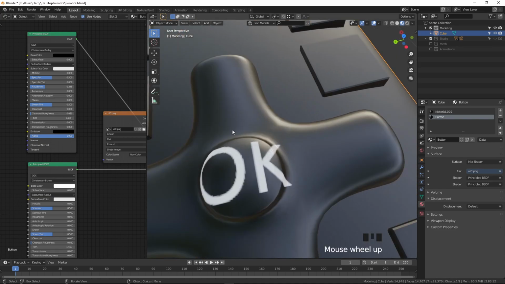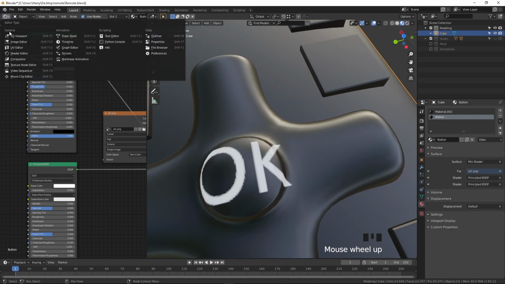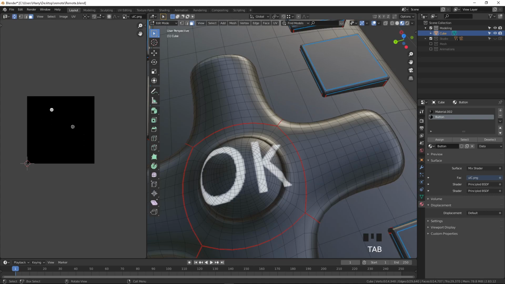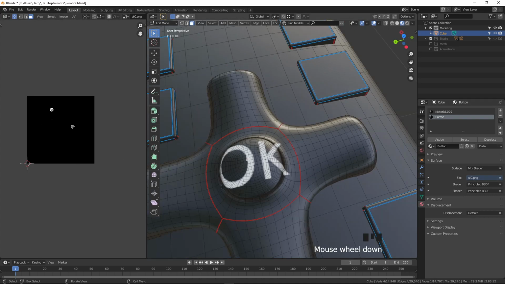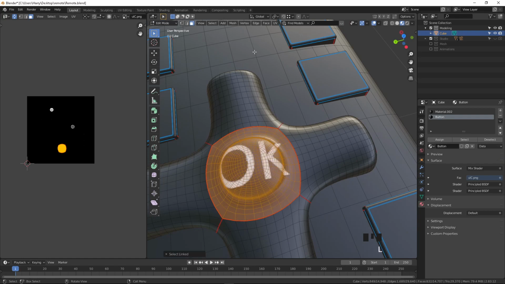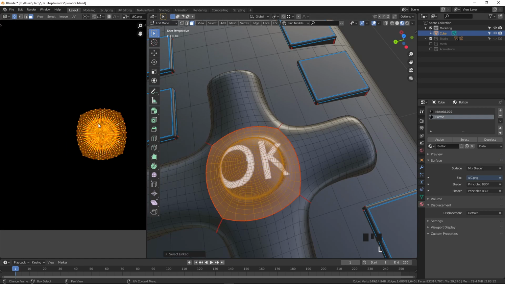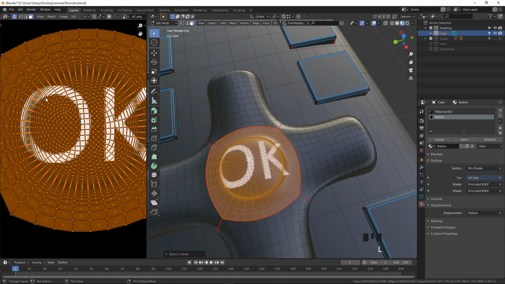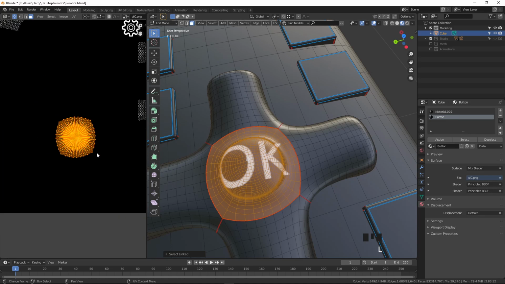I'm going to align this one. Select this, go to the UV editor, select this one. Sorry, go to the object menu and select this. Okay, button selected. Press L to select and zoom it. You can see this small circle is outside. I press S to scale.